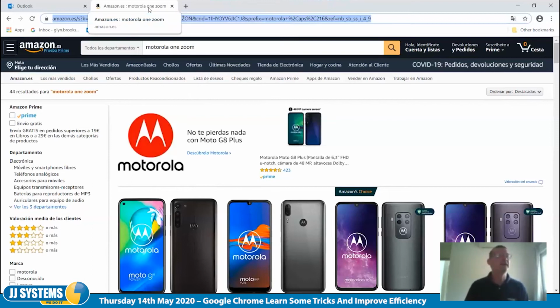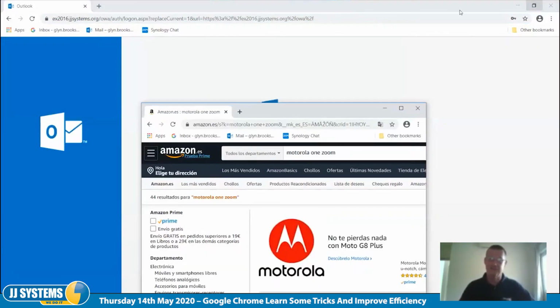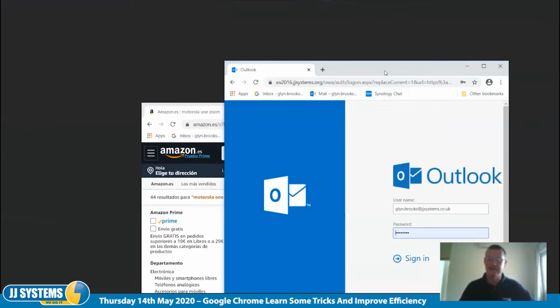What else have we got then? Dragging stuff around. Now, if I want to specifically look at this page, and I might want it so it's on a different desktop if I'm using multiple desktops, or a different monitor if I'm using multiple monitors, I can take that tab and just drag it away. And then I've got, I don't know how this is going to come across on the screen share, but then I will have